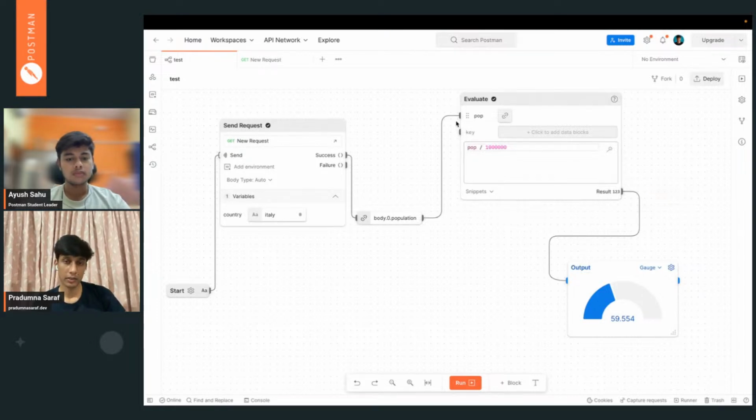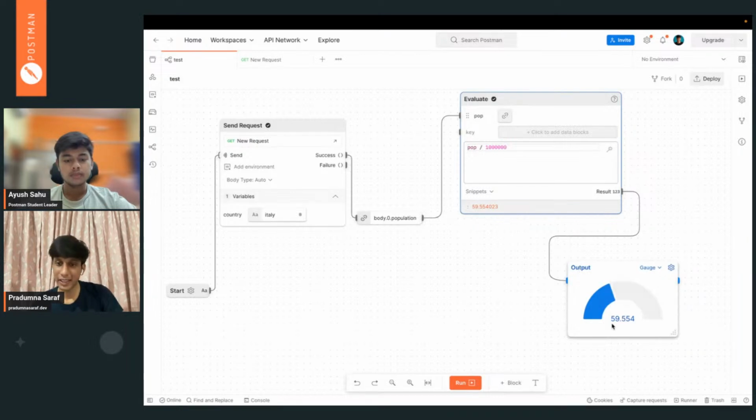And one thing I want to point out is that when you hover over the point of this thing, the output side of the block, you can literally see what data has come out after the data is processed from that block. So you can see here the response data. Sometimes you have to click over that. So here you can see after processing it is converting into crore. You can see 59.53. So you can see the processed data by just hovering over that semicircle or something like that.